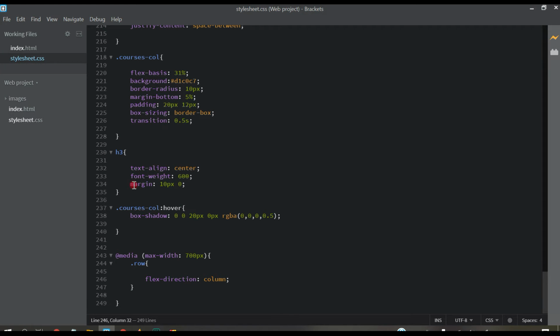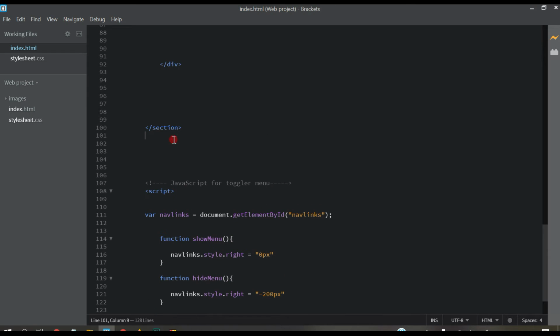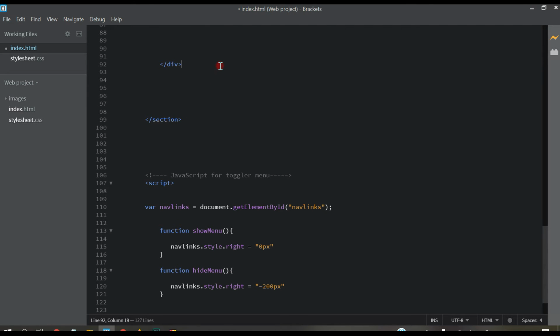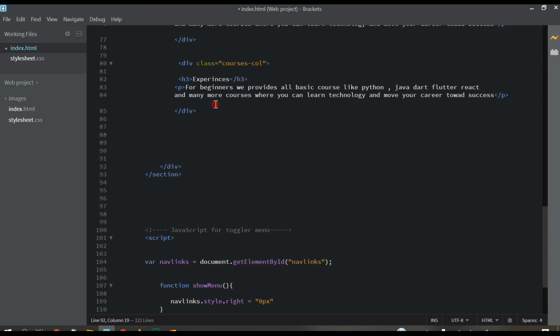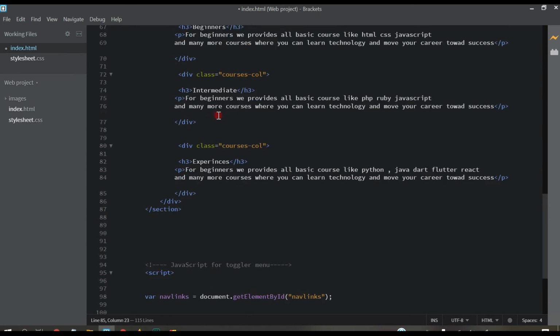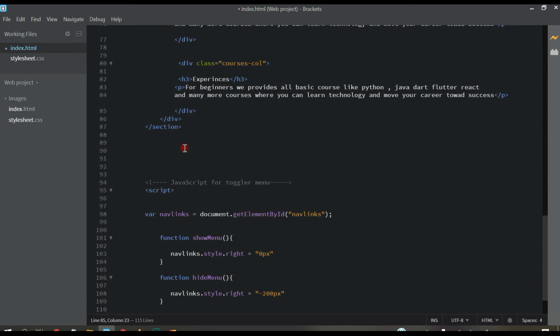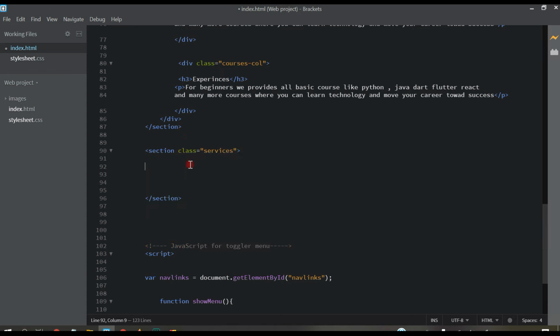So come here, CSS and HTML file, and after this section, let's make it in lines very well so that it looks good. Now write a section and give the class name services, and close it.